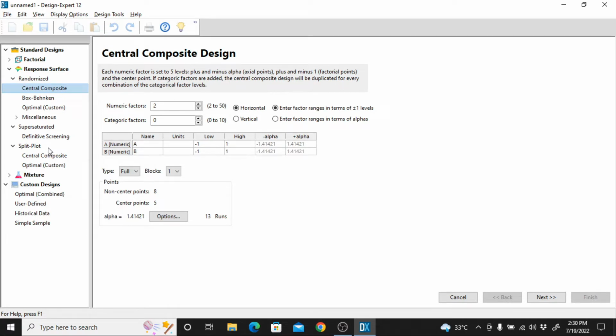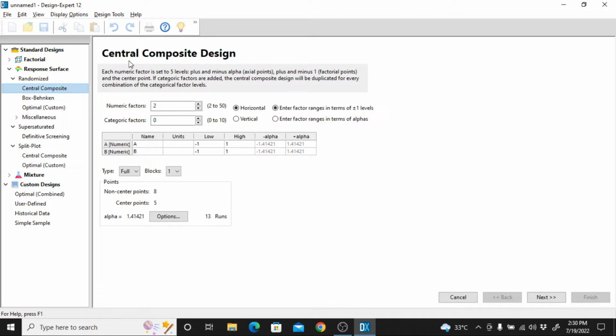Okay, this is optional, depending on your project. You can click the mixture, or normally people are using response surface methodology, which is RSM. So they have a lot of choice. You can choose central composite, Box-Behnken, or optimal. So in most of my case studies, I'm using central composite design, because with central composite design, the mean of